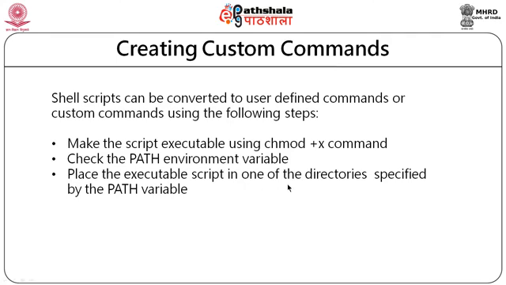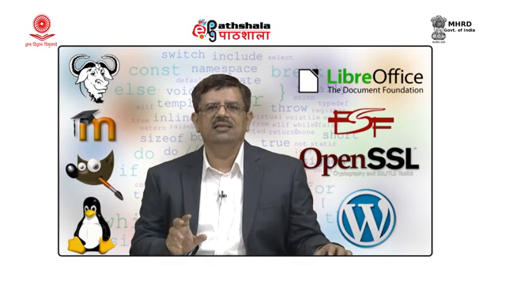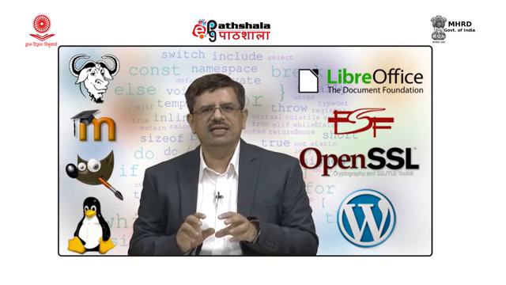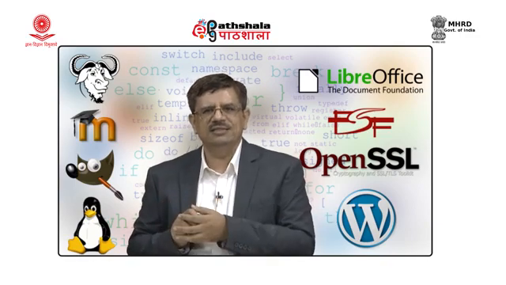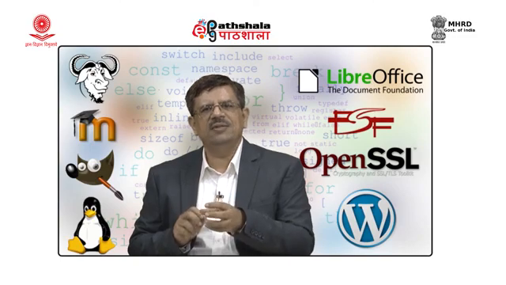The easiest way is to copy our shell script and place it in the directory indicated by the path environment variable. So, next time when we simply type the command, instead of using the same directory, we can move to any directory from which we can type those commands, and the shell script will be executed as